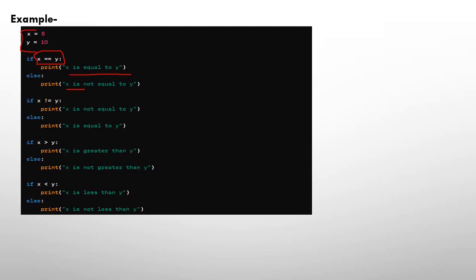So x is not equal to y, this statement will be printed on screen. However, the second condition is true as 5 is not equal to y, 10. So in this case, when we execute the code, x is not equal to y, this statement will be printed on screen. Now coming to the third condition, if x is greater than y, then the statement x is